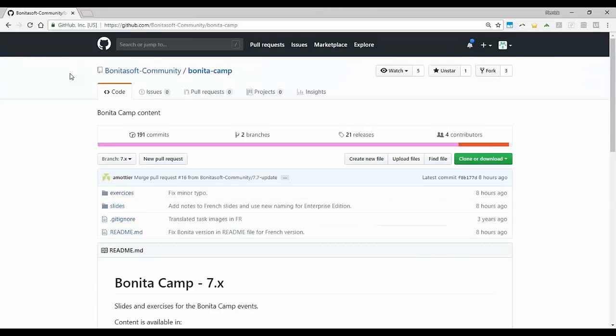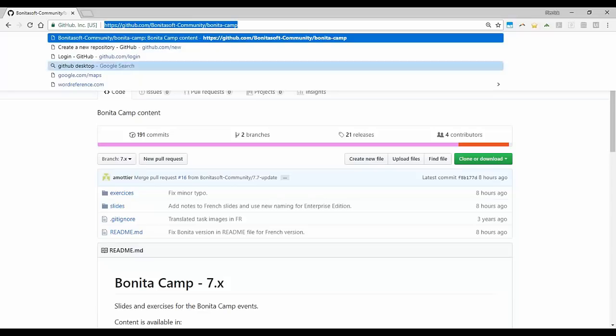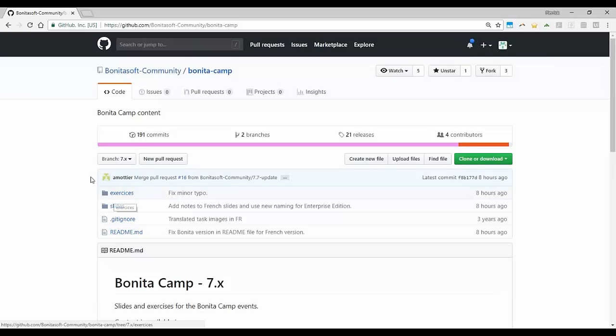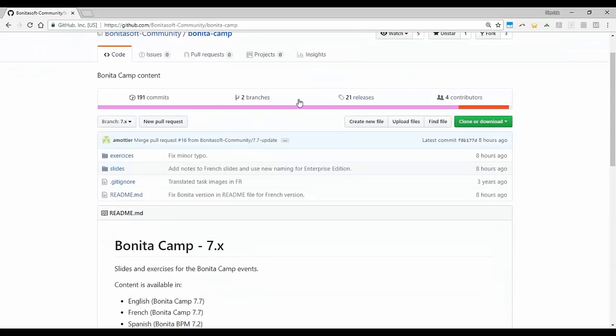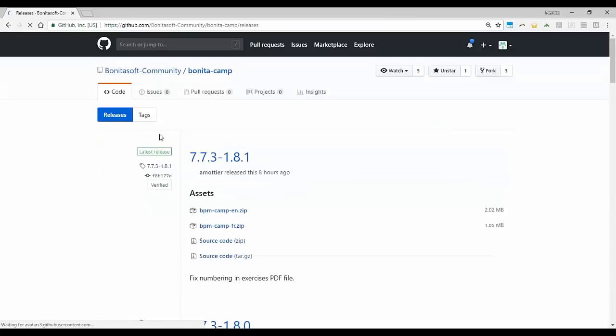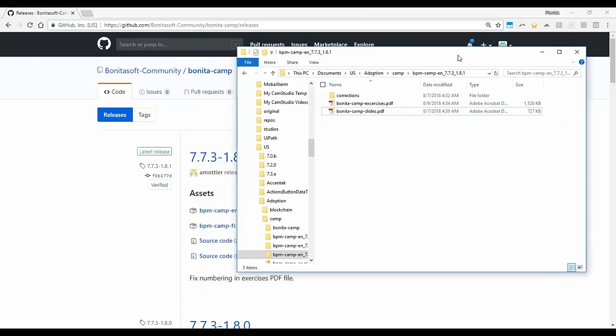And for today, in order to follow the exercises, you need to go to this specific repository. It's called Bonita Camp. I can provide that here. If you go to releases and download the latest one, you can download the English version, the zip, and when you get the zip, it will come out like that, and you have the corrections.